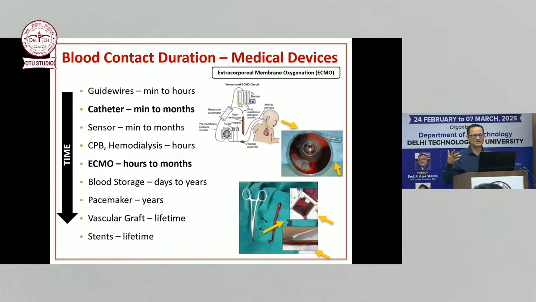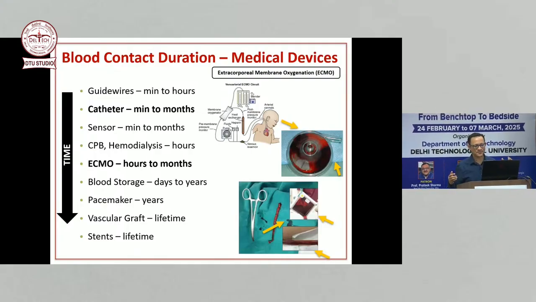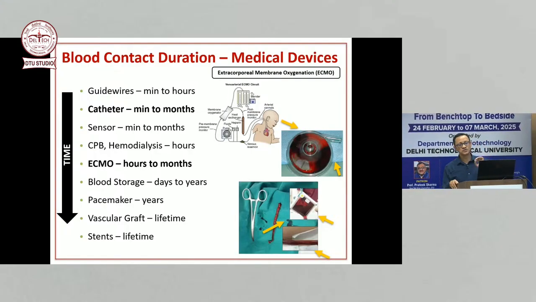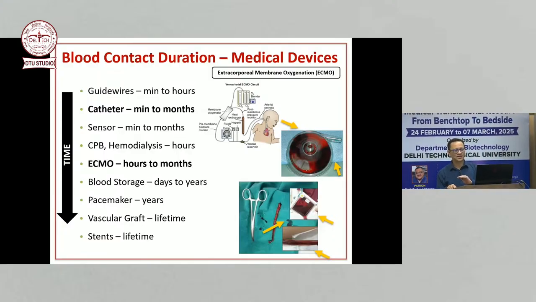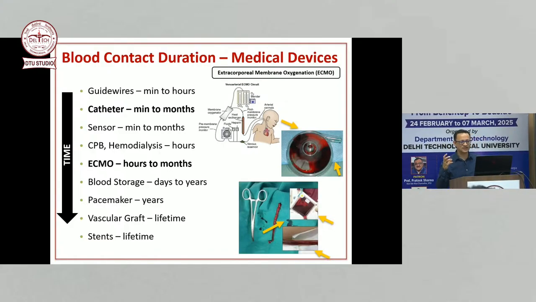And there are different material designs involved with different types of applications, right? Heparin is used clinically, that's a standard right now, but even with heparin, it is sometimes very difficult to prevent clot formation, right? All that black you are seeing, that's all clots in those oxygenators or tubings or catheters, that's all clot formation. Also, heparin can be immobilized on the surface, heparin can be injected in the patient, but